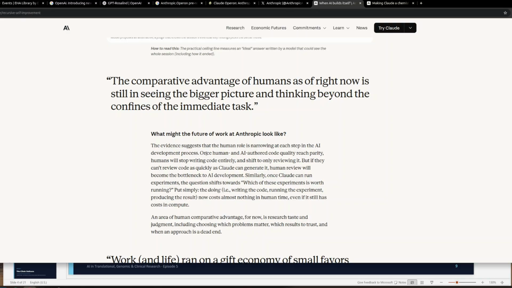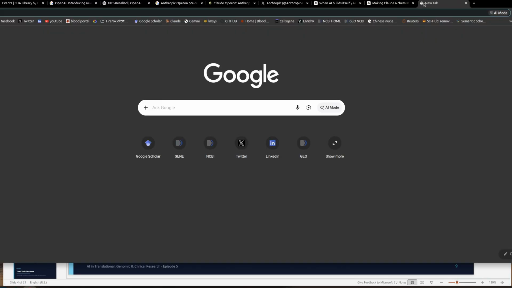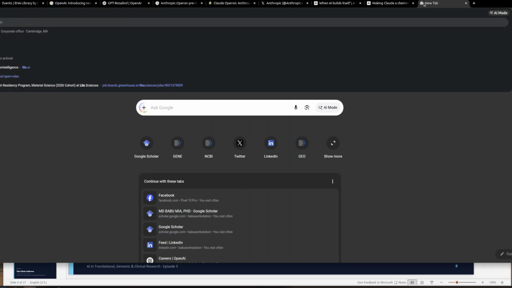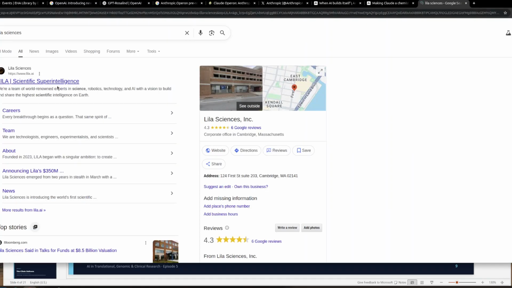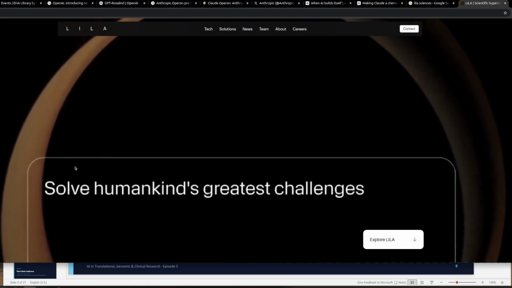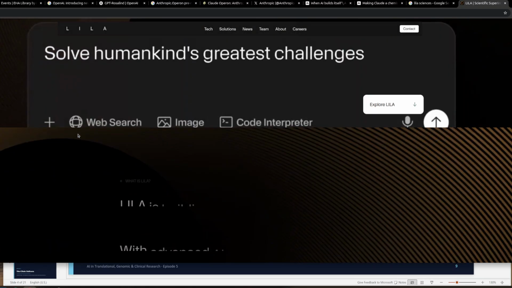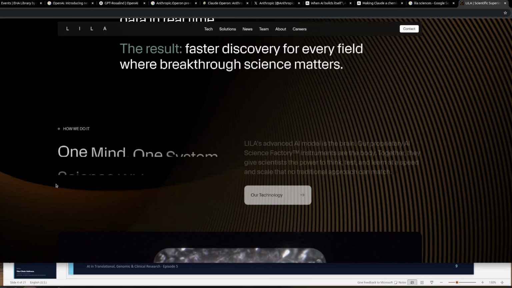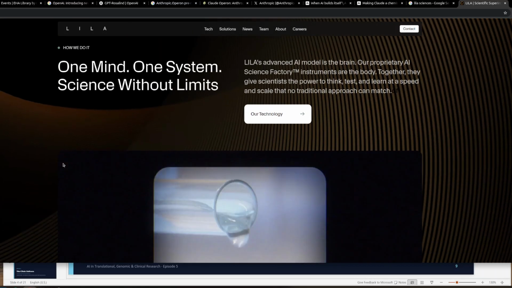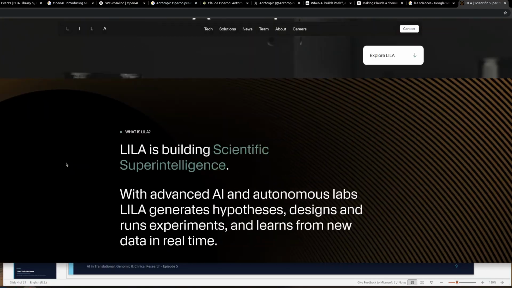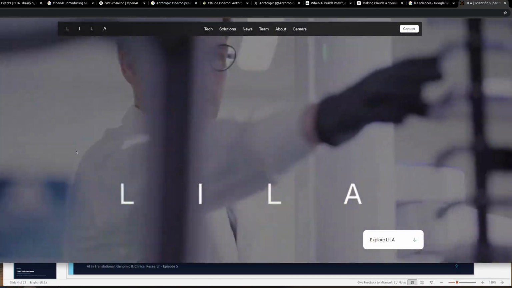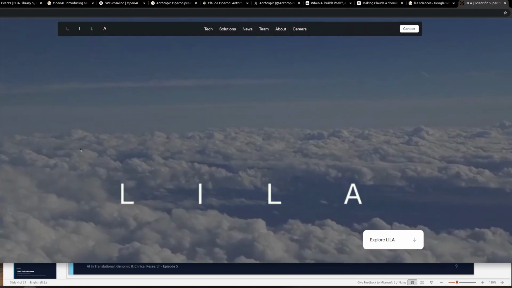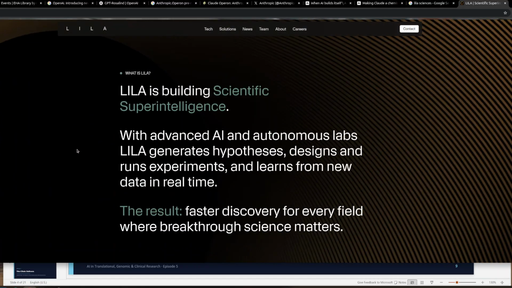Now, companies like Lila Sciences are implementing automation labs and they're doing a fantastic job. They have recently got, I think, a valuation of $8.6 billion. Congratulations to them. I love them. I met with them a couple of days ago also. So my point there is that this automation needs to be well